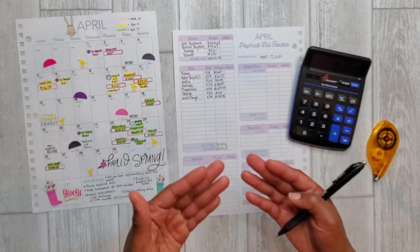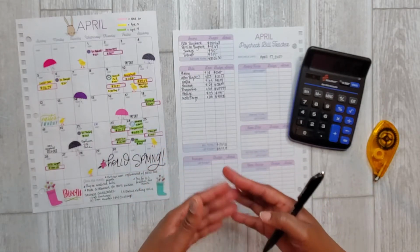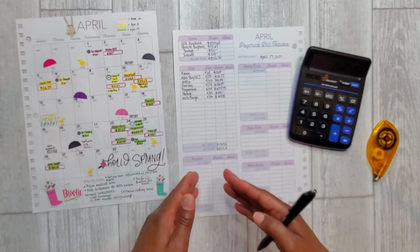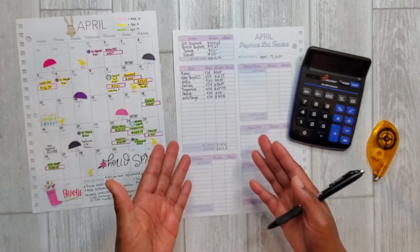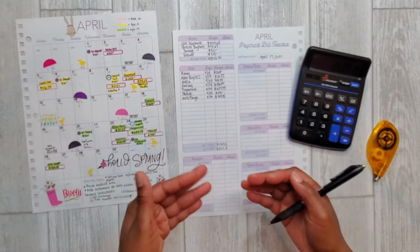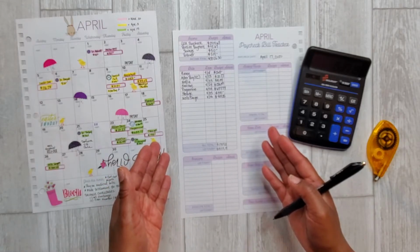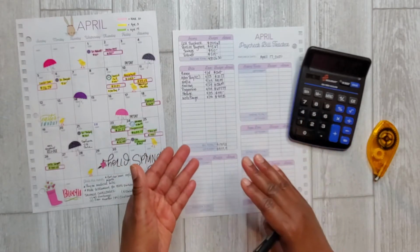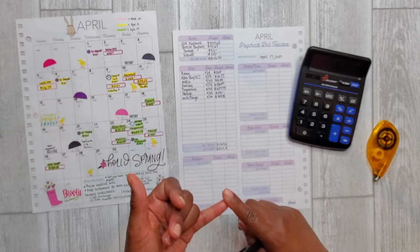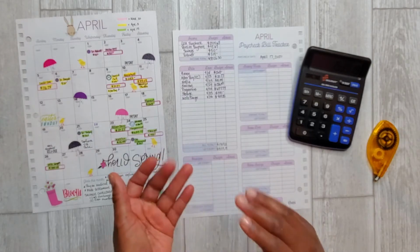I actually implement a minimal cash budget. So that means I don't really take out cash envelopes anymore. I've lost my wallet a couple times, a significant amount the very last time I lost it. So I no longer take out cash from the bank except for my sinking funds amount or additional amounts that I need to either keep in my wallet or I need to put to the side until an actual payday